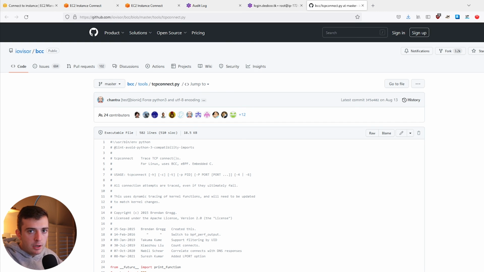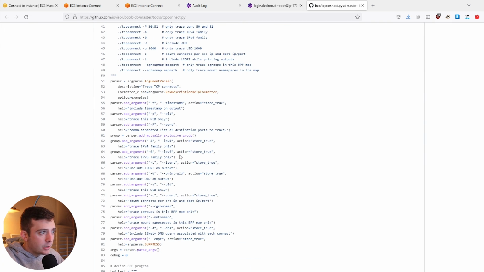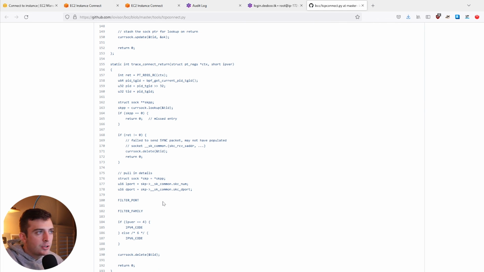TCP Connect is a part of BCC, and BCC lives out on GitHub, among other areas. And basically, it's an eBPF helper function or wrapper that allows you to write eBPF functions and capabilities inside, say, Python or a much more user-friendly language. Now, in this case, as you can see, I have TCP Connect's Python file from BCC up here. The reason I'm showing you this is, of course, you don't have to write all of these helper functions